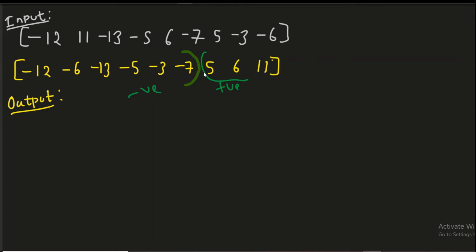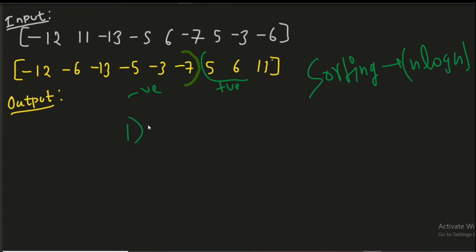Now let's talk about the solution of this problem. So the first solution that comes to our mind is to sort the array. After sorting the array, the negative elements will appear on the left hand side and positive elements will appear on the right hand side, just after the negative elements. But that will cost you n log n. That's not very efficient. So there are two more algorithms you can apply in this problem.